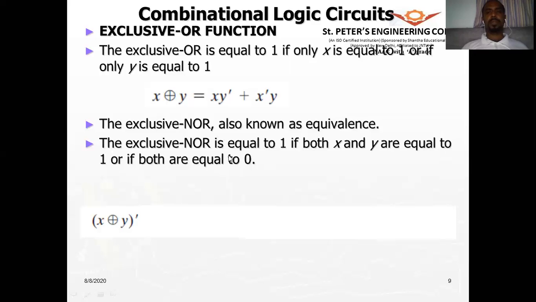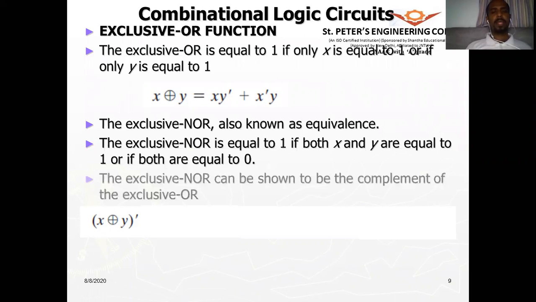So that is what you have to understand. Okay, so what I was saying here is that the exclusive OR gate, if you complement that, you will get the exclusive NOR operation. So what is the actual equation for that? We are showing here. So you take the XOR operation, that is X Y complement, ORed with X complement Y. This whole you take a complement.